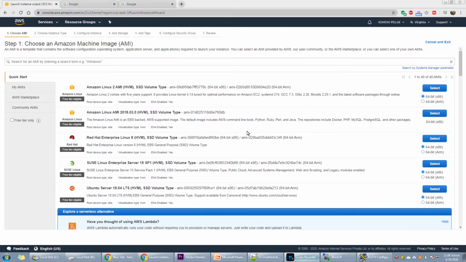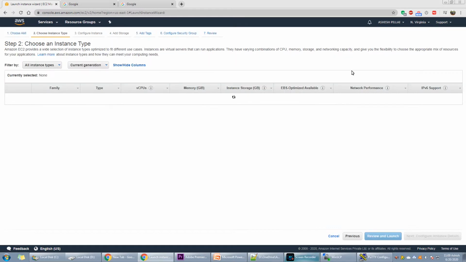This page contains a list of all the available Amazon machine images which can be used to create our EC2 instance. These images are nothing but a template using which we will be creating an instance. So let's select the first one and we will go with the 64-bit x86 version.